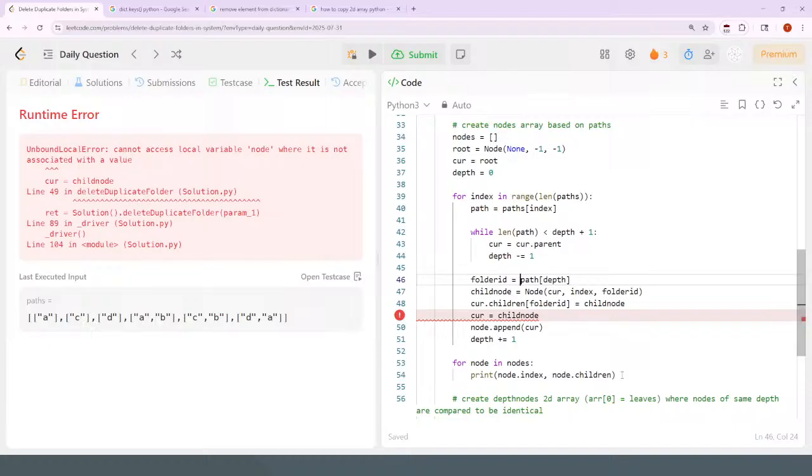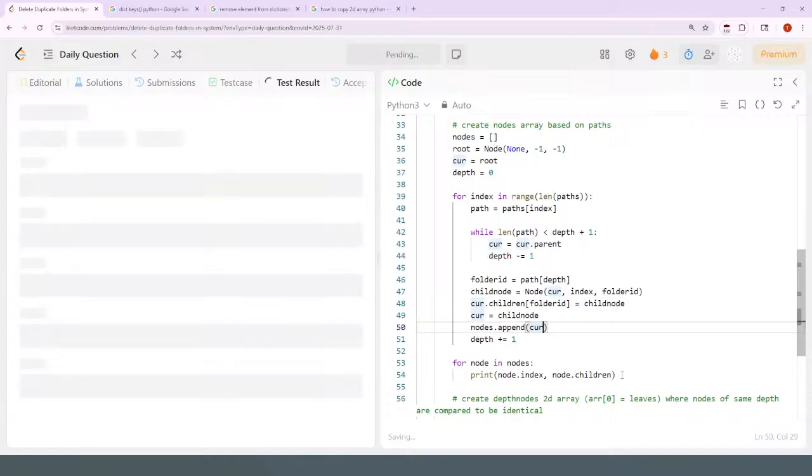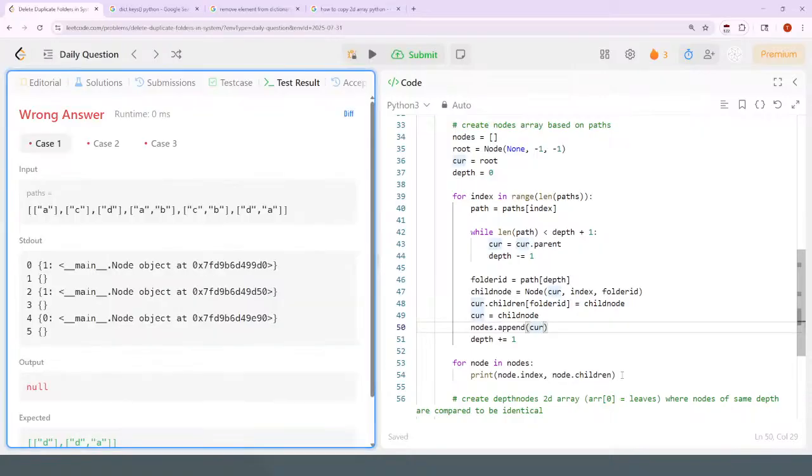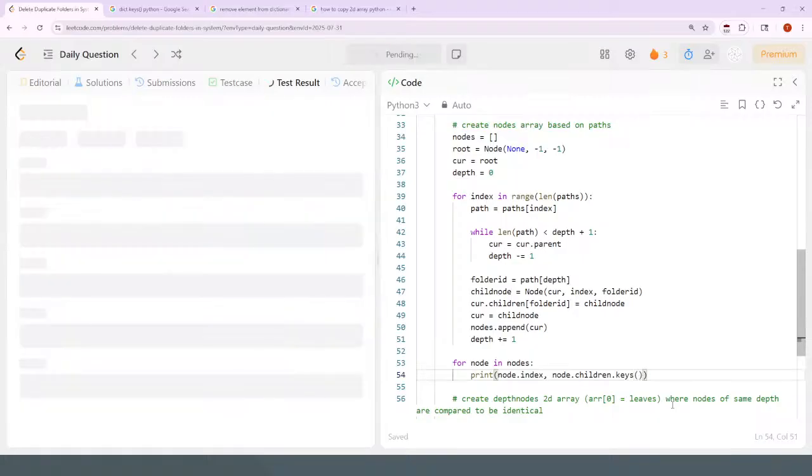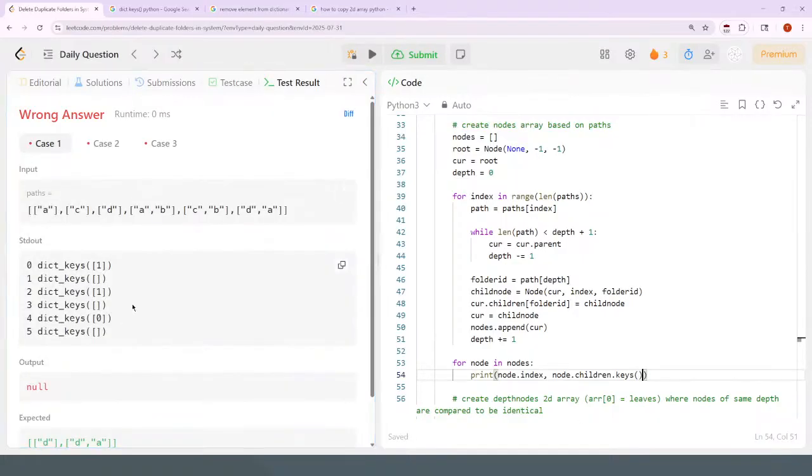Whoops. Sometimes I use child node and sometimes I just use node, I think. Nodes.append the current. Okay. Actually, I'll just do children.keys. Alright, so